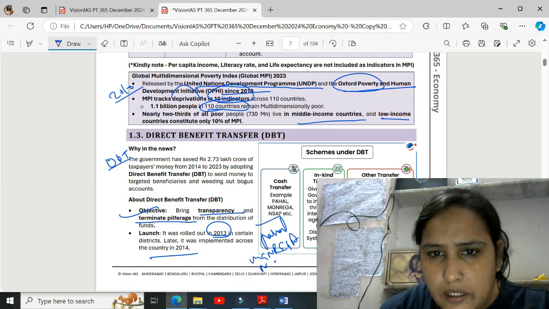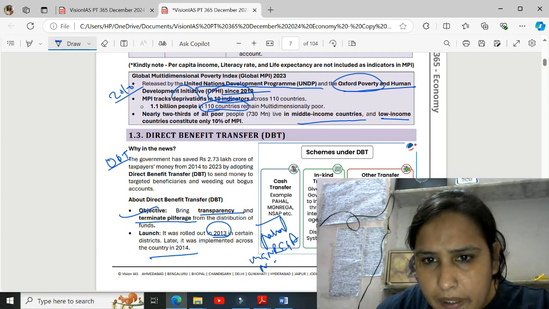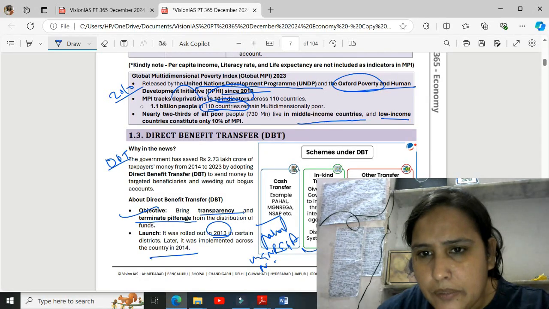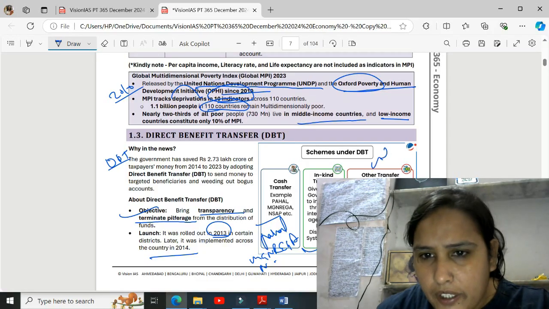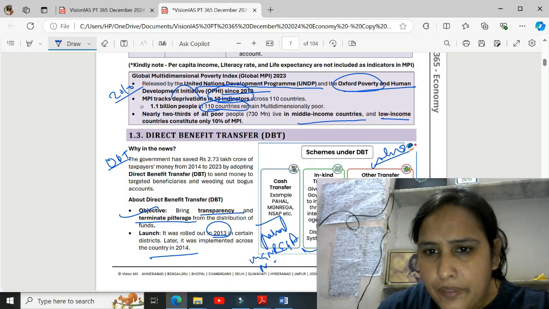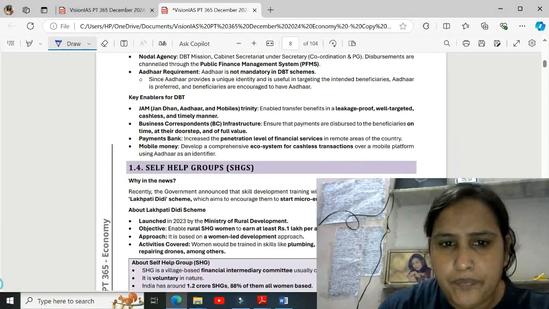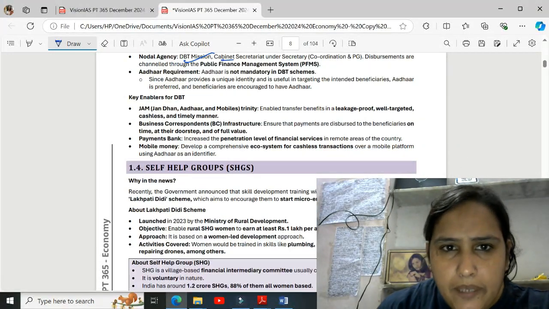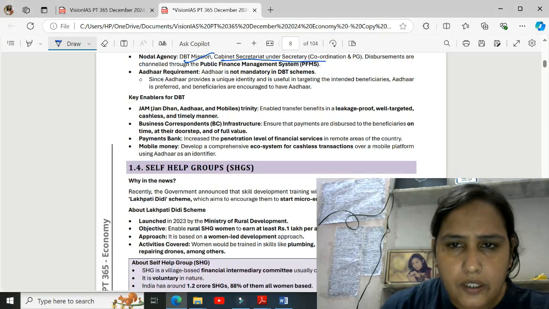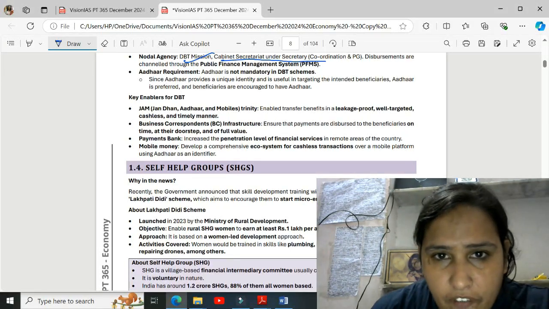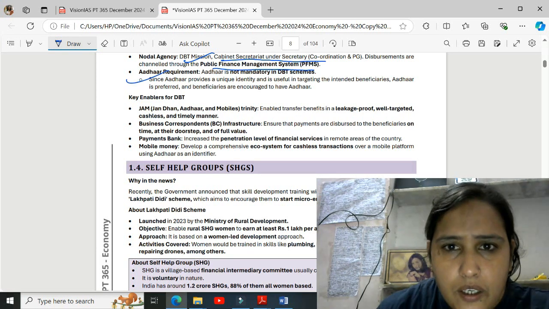and national schemes, given by the government of India through an intermediate agency of the public distribution system and government to different non-governmental functionaries who help to facilitate the various government schemes. We can say there is the ASHA scheme, the Anganwadi worker, the NHM scheme, and the ICDS scheme, the Integrated Child Development Scheme. The nodal agency of direct benefit transfer is the Cabinet Secretariat, and there is a Public Finance Management System.